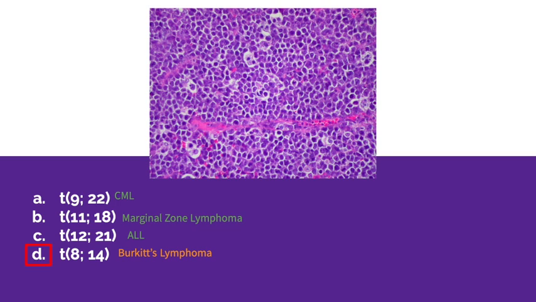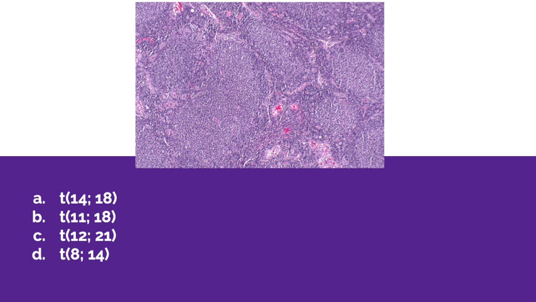Next up, question number 3. What translocation is associated with this condition? So first we have to know the diagnosis again, and that is follicular lymphoma. So this is an extremely high yield image. So let's look at the options. A, 14-18, B, 11-18, C, 12-21, or D, 8-14. So option B is mantle cell lymphoma, option C is ALL, and option D is Burkitt's lymphoma. So that leaves us with option